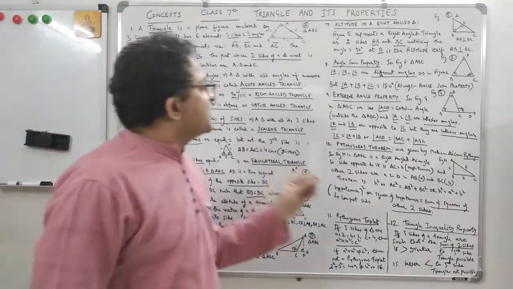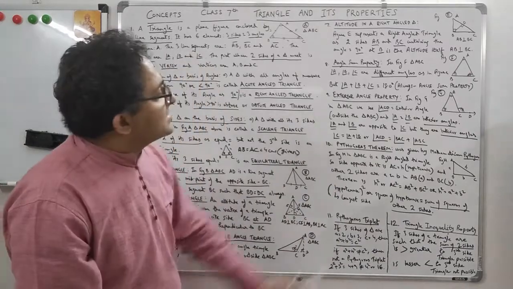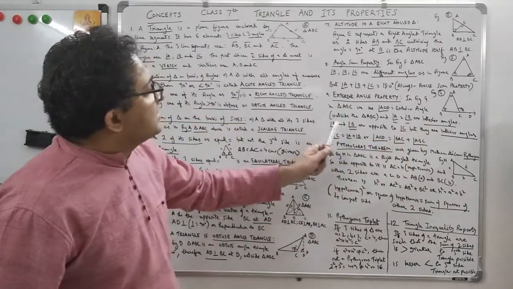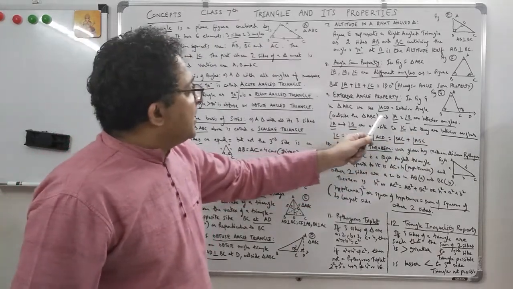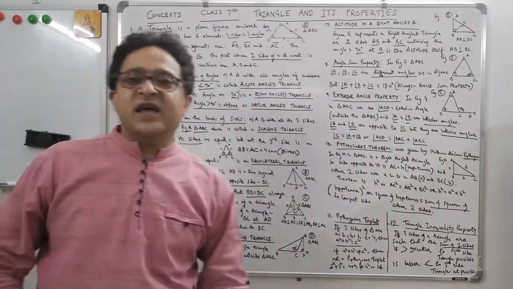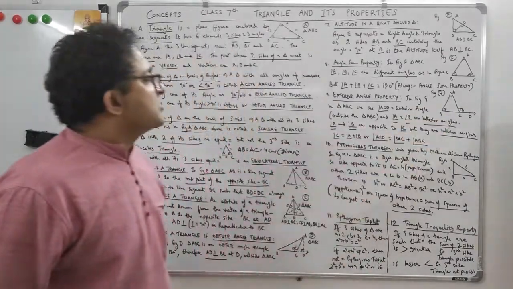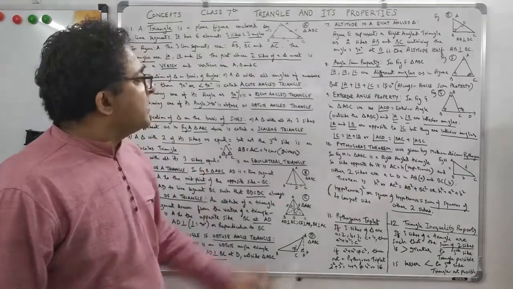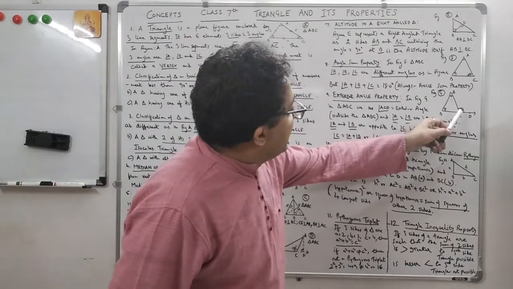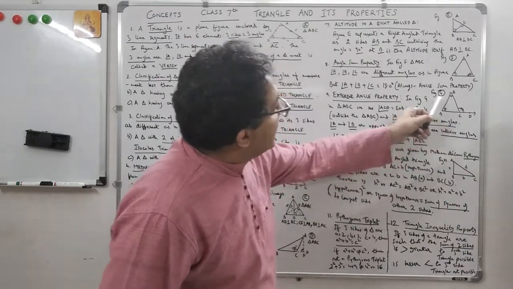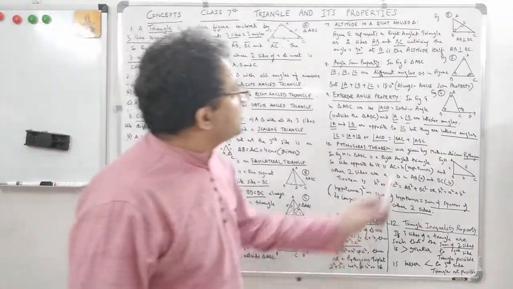But what is the exterior angle property? Let's see. In triangle ABC we see angle ACD is an exterior angle, outside the triangle ABC. That's why we say it is an exterior angle. Now angle A and angle B are interior angles. You see, they are inside the triangle. Simple. So what is the property here? Angle A and angle B are opposite to angle C. First, they have to be opposite, but they are also interior angles.